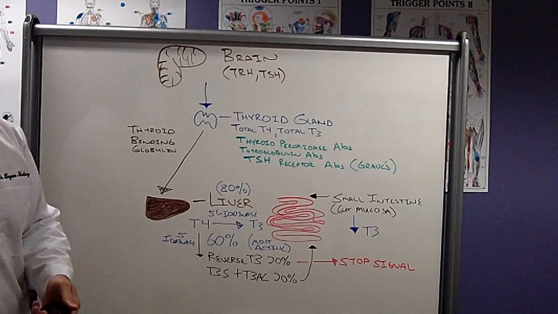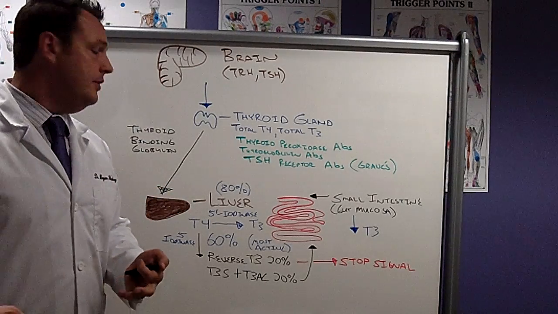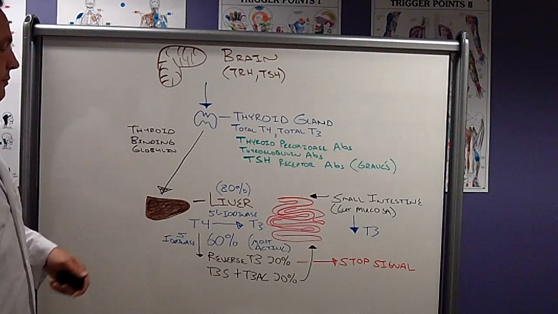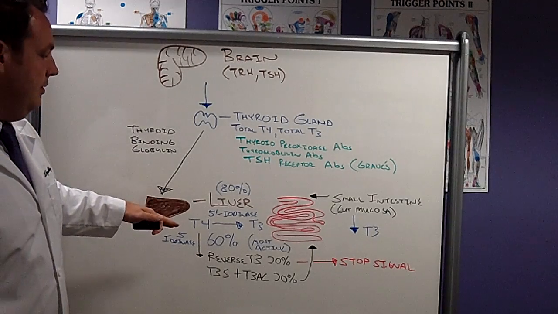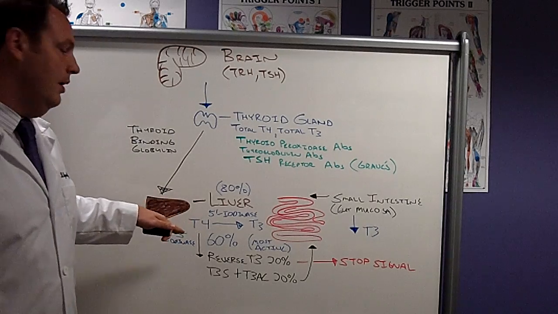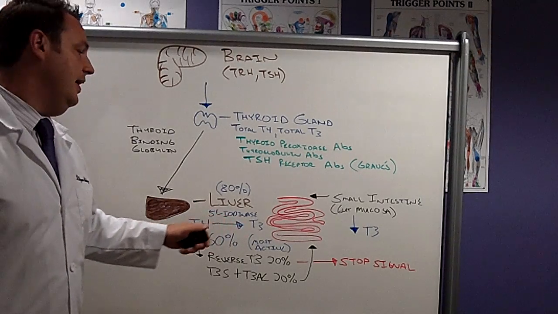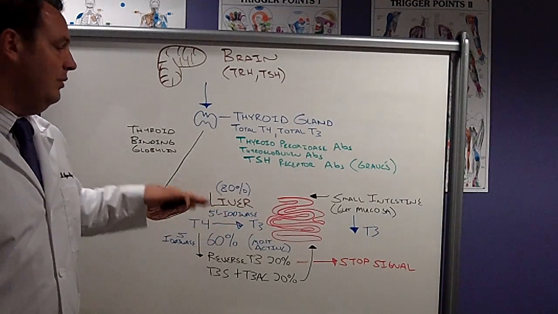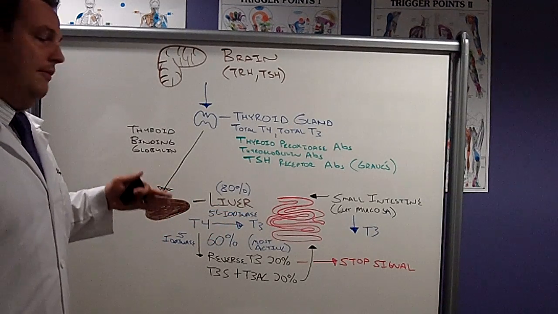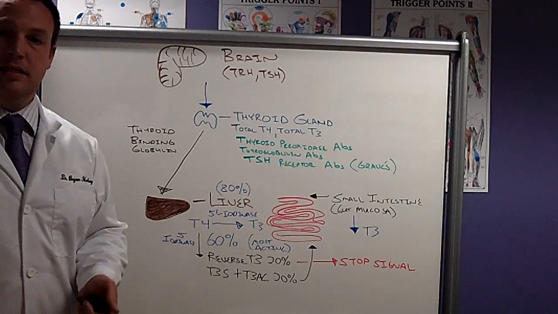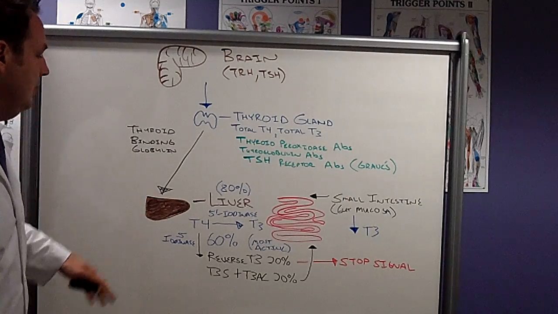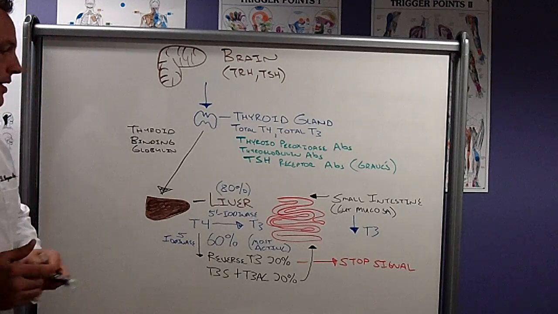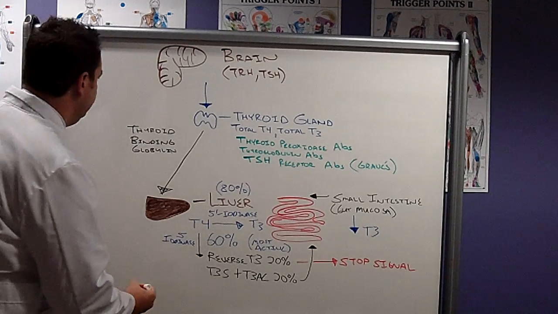So we talked about coming down from the thyroid gland, most of our conversion of T4 to T3 occurs in the liver. It can occur in other places in the body, other tissues such as kidney. It can even occur in the skin. But if we don't have all of our cofactors there, such as selenium, this can affect T4 to T3 conversion. If we have altered liver function, if it's not working as well as it should, that's going to affect thyroid hormone metabolism, as well as what can happen if we have stress or cortisol